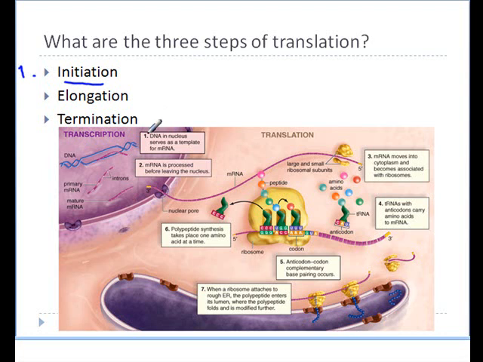So in the first step, once the mRNA that has been processed in the nucleus has reached the cytoplasm, it will start the process of initiation by moving around. As you can see, it's gliding around this ribosome, and when the first codon is read, this first codon, keep in mind, will have to be the start codon. So once this first codon is read, another tRNA molecule is going to come around